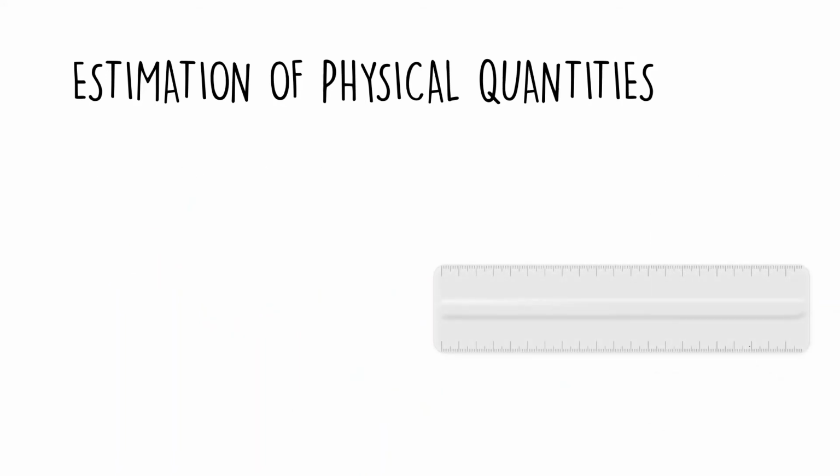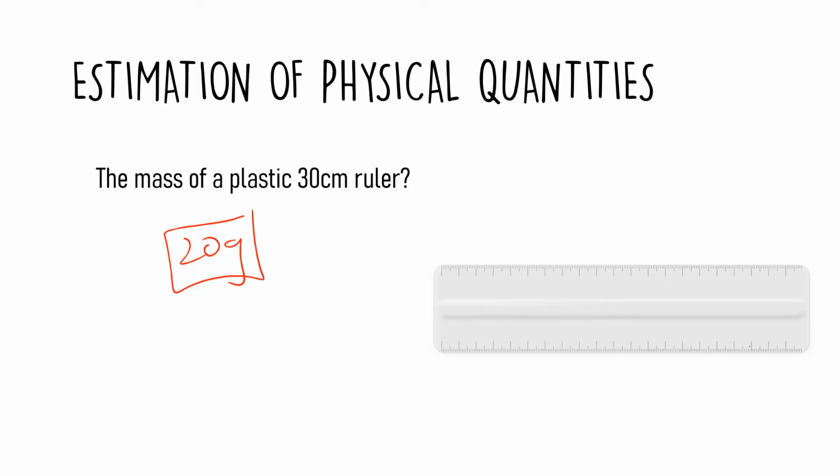Then they have also asked about the mass of a 30 centimeter plastic ruler. Now remember that for any geometrical objects, just take your measurement between 10 to 50 grams and that's good enough. So remember this for all future questions about geometrical objects like a plastic ruler, a protractor, a set square, anything of that sort. But well, for the plastic ruler, I can say that the measurement would be around 20 grams, which is 0.02 kg. The examiner will accept anywhere between 10 to 100 grams.